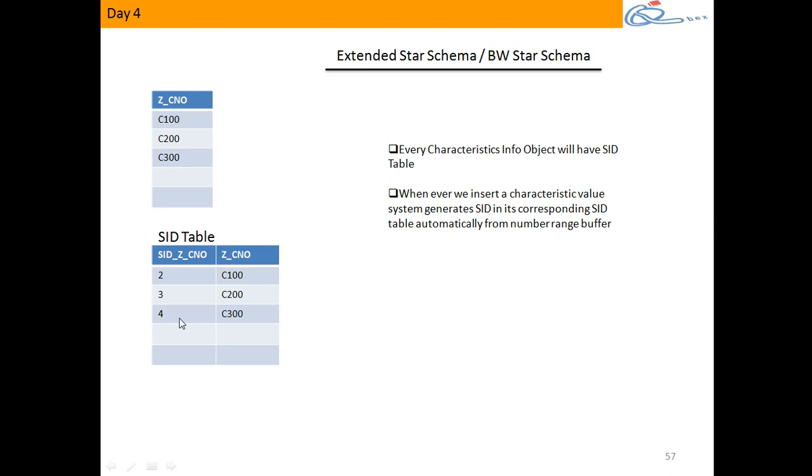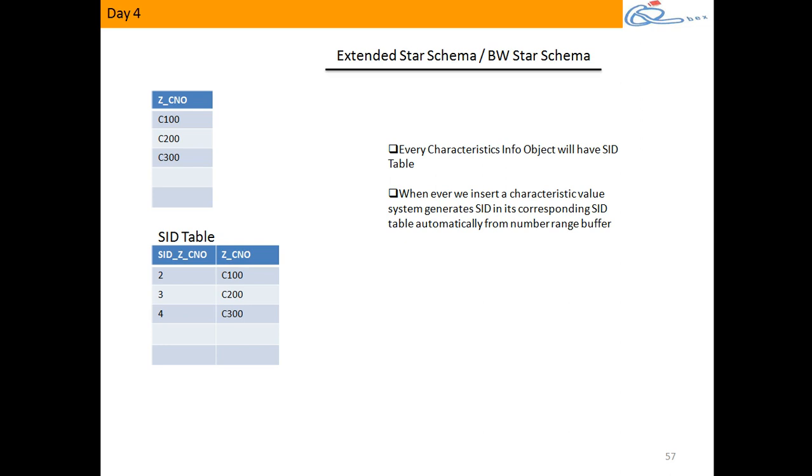You don't do anything. You'll only insert the value C100. The system will take care of generating a unique integer number, which is a numeric value, as the SID and inserts that into the SID table. Once it generates the SID, what happens? From then onwards, from the next table joins, it starts referring to these numbers instead of the characteristic values. With the SID table, for C100 it identifies one unique number as 2. In the next level tables, when it wants to join as primary foreign key, it starts using those numbers. It doesn't use those C100 or alphanumeric values.